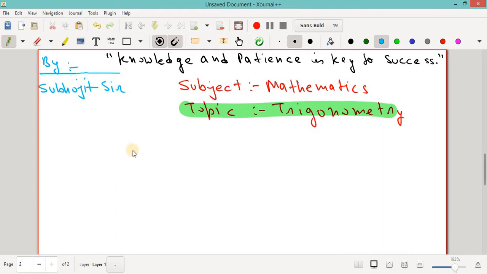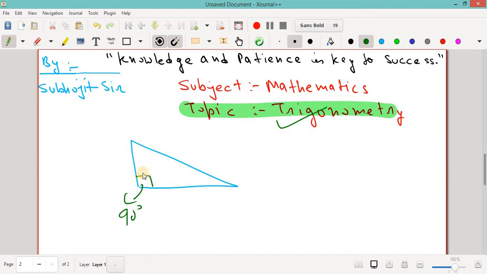Trigonometry means there has to be minimum 3 sides and one of the angles. Again, I repeat, one of the angles must be 90 degrees. In this case only we can solve, or the concept of trigonometry comes into play. Again, I repeat, in trigonometry there must be 3 sides, and one of the angles has to be 90 degrees. This is a triangle and one of the angles of this triangle must be 90 degrees.